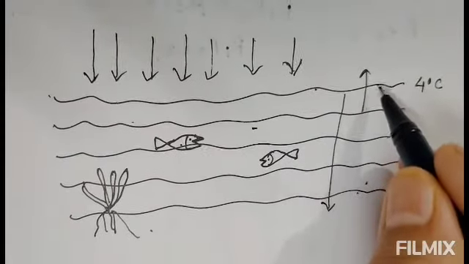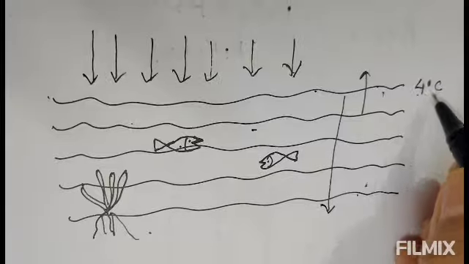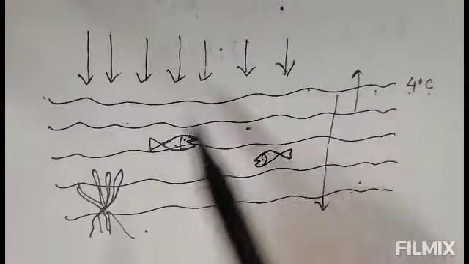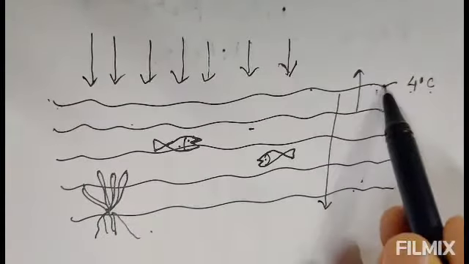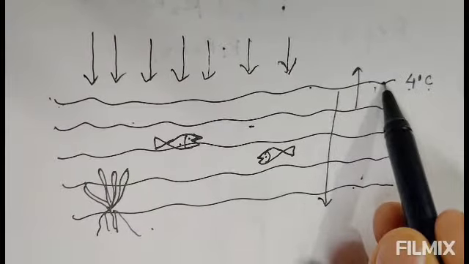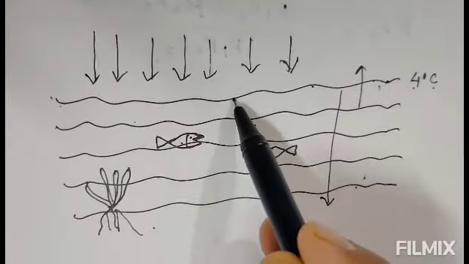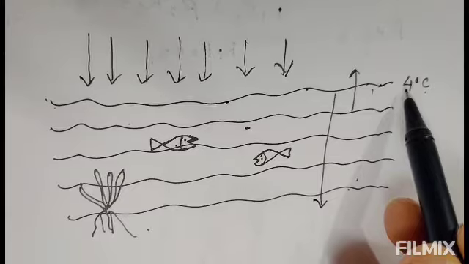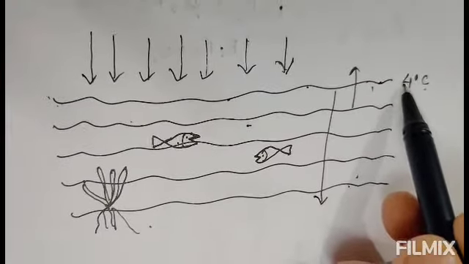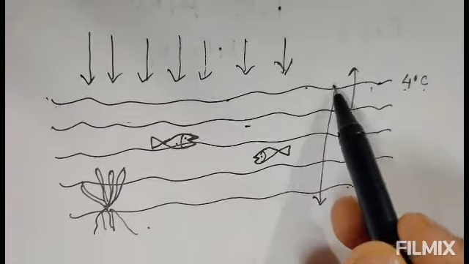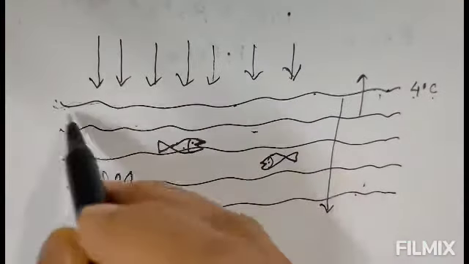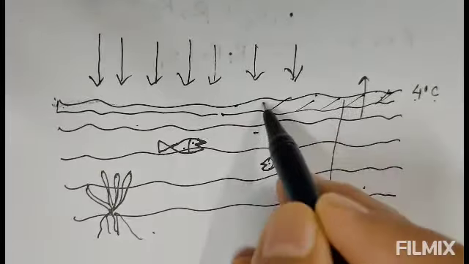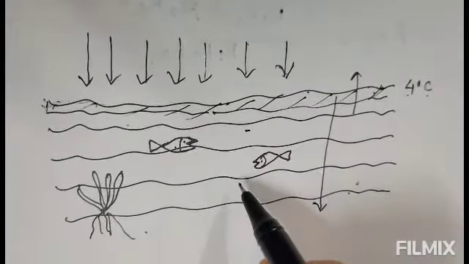Okay, and if all the layers come to 4 degrees Celsius, the density of each layer will become similar. In such cases the top layer will remain at the top only, and it loses temperature more than the 4 degrees Celsius. That means the temperature will become less than 4 degrees Celsius. In such a situation the upper layer will freeze, and the layer which freezes here will work as a shield for the aquatic animals and plants.